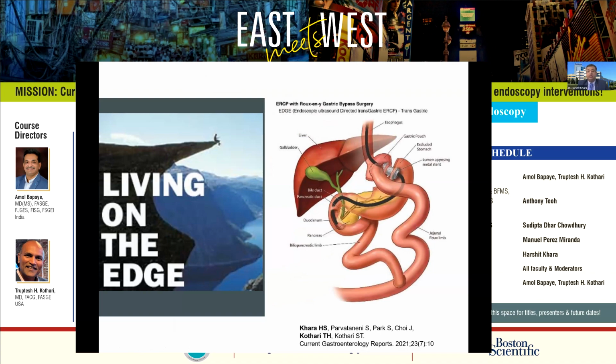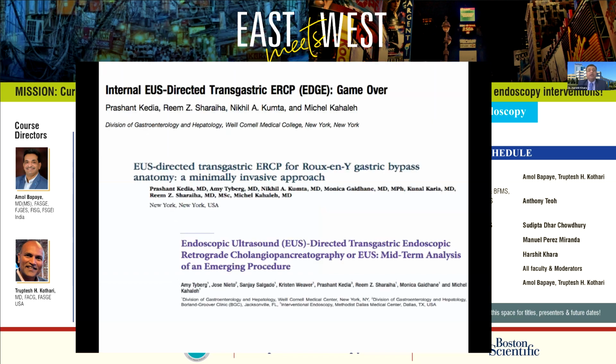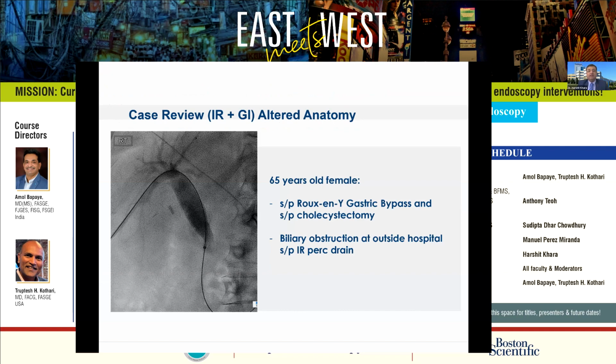our traditional endoscopic equipment. So this started back in 2015 where Michelle Kahela's group with Prashant first published about this technique, but at that time it wasn't a single session EDGE, and it was actually a percutaneous access. So they got access into the remnant and then put a PEG tube and then an esophageal stent and then went in through that. But then with the advent of LAMS, that's definitely been a game changer. So this is an appropriate title saying EDGE game over, because now we're able to get endoscopic access without any percutaneous or surgical access. And since then, this has kind of become the standard of care again.